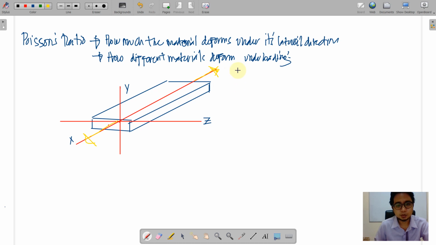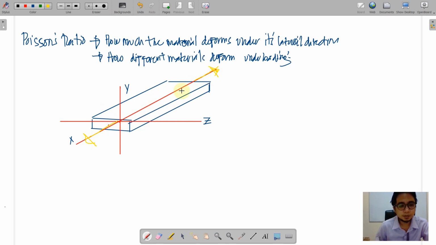Okay, so take note of that. So let us have a scenario. If this will be applied, it is a tension. Of course, it will tend to lengthen this